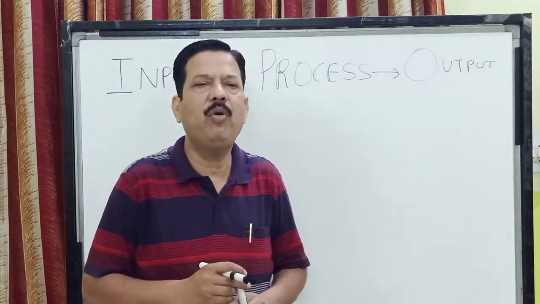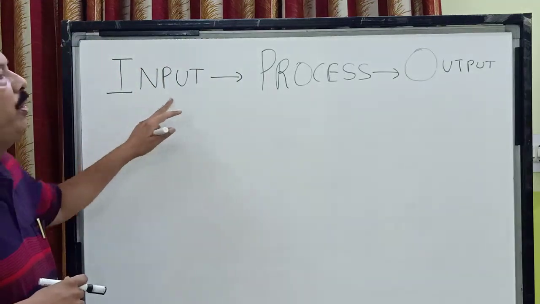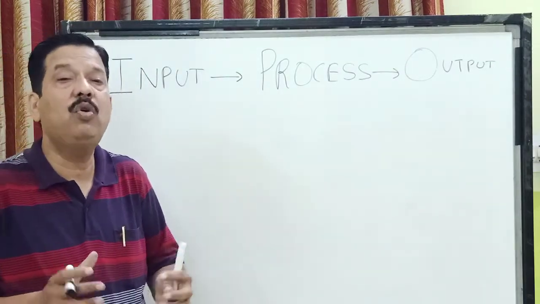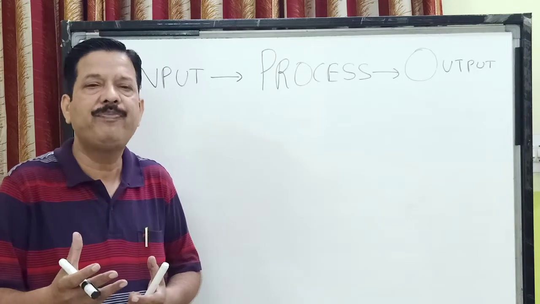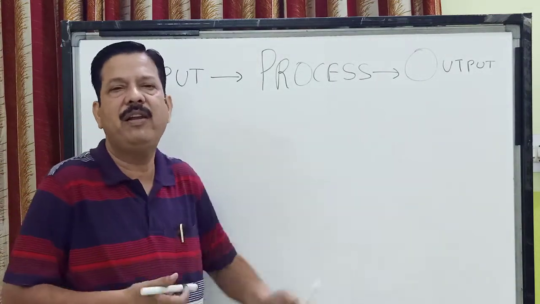So when we write a program children, we have to divide our program into these 3 steps, that is input, process and output. Whenever you are given a program, you must know what will be the input of this program, what will be the processing taking place, and what is the output. Output is the final result.